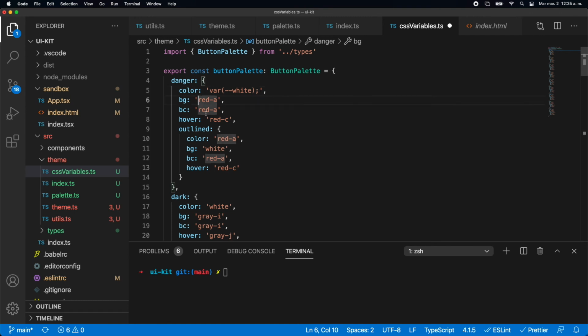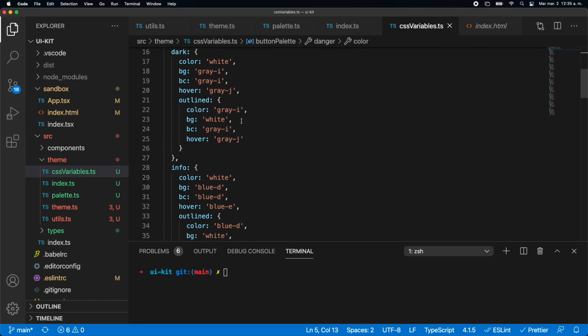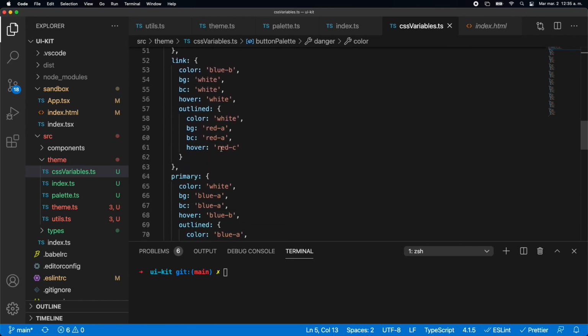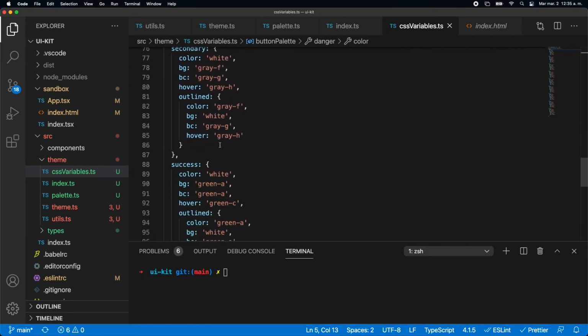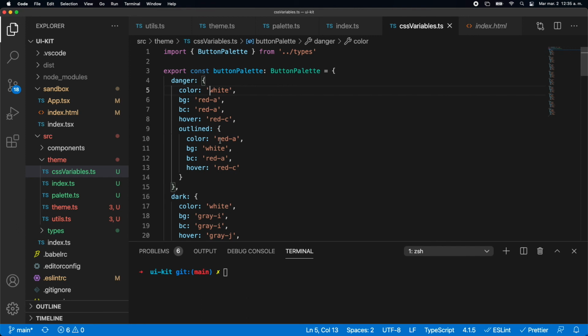So the red A is going to be --red-A, whatever. But we just need to define here with just the name of the variable. And then the danger is going to have a red intensity A background color, border color red A, etc. So we do the same for all the button colors: dark, info, light, link, primary, etc. So basically in here we define our CSS variables,